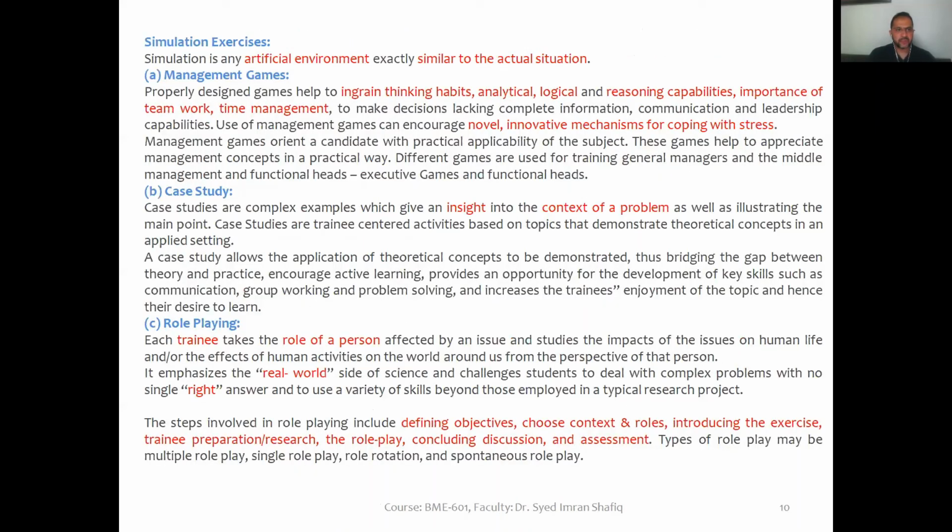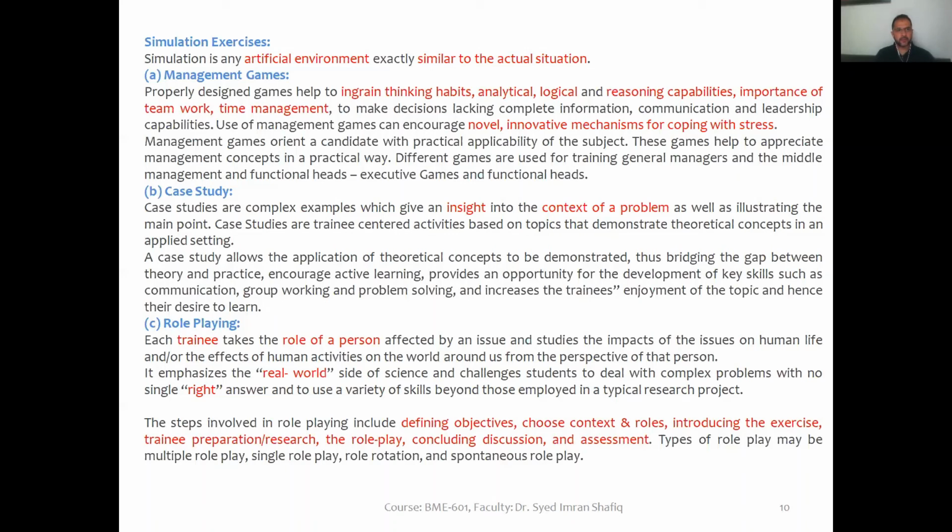Then there are simulation exercises. Simulation is creating an artificial environment exactly similar to the actual situation. So how can we provide an artificial environment? We have certain strategies, like number one is management games,